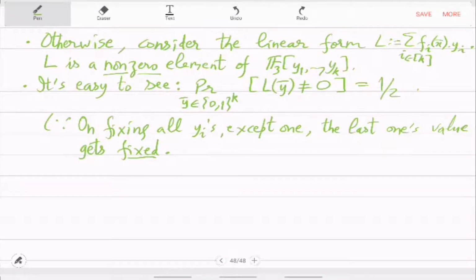So out of two possible values, this last one can take only one. So that is 1 over 2. That's the probability. So in other words, the probability over S, where you are picking a subset of 1 to k,